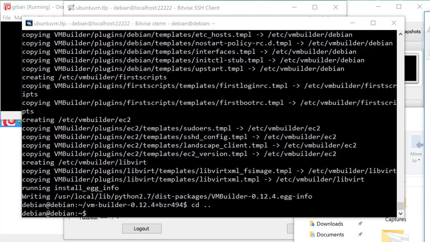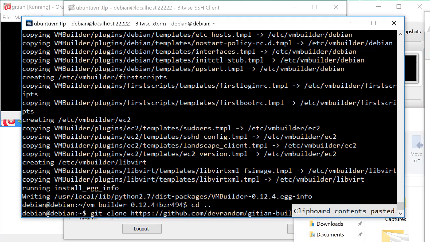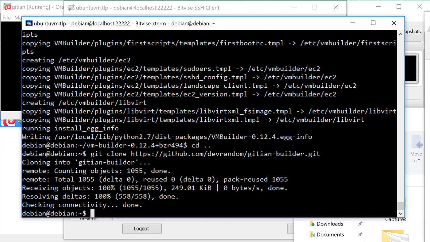More copying and pasting. This time we're cloning from Git, however. So we clone from Git, cloning into Gideon Builder, done. And now we clone our coin. So I actually forgot to make a copy paste for this. I hopefully remember the